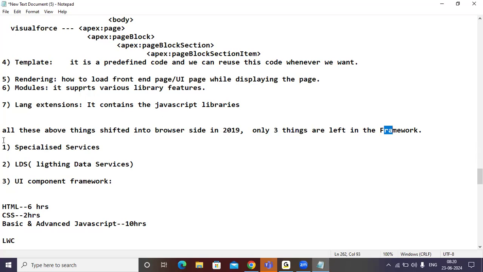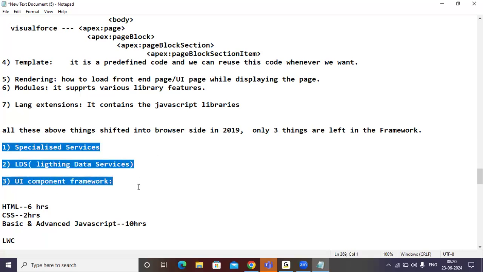Those 3 components are what here? Specialized services, Lightning Data Services, and UI components. So yesterday we discussed up to this only.